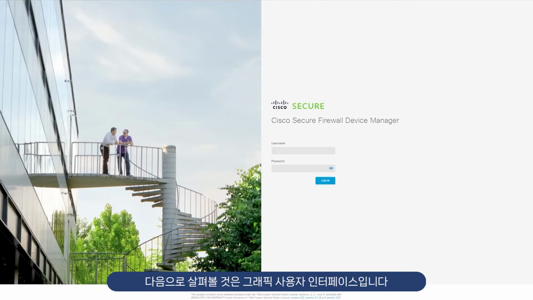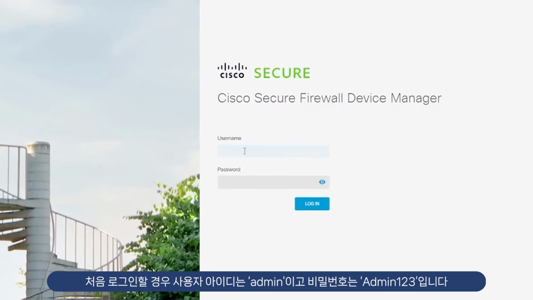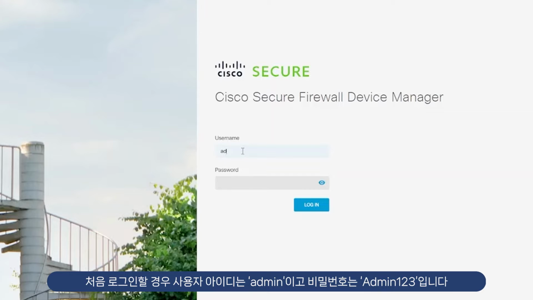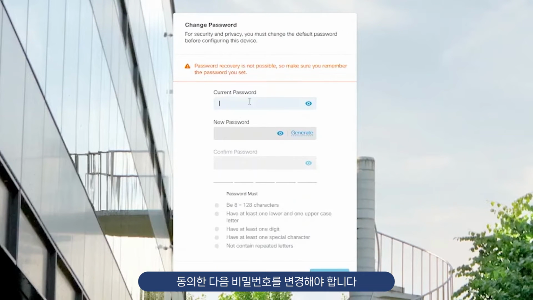So the next thing we want to look at is the graphical user interface. To access the interface, it's HTTPS 192.168.95.1. When you're logging in for the first time, the username is admin and the password is capital A admin123. Upon logging in for the first time, you will need to accept the end user license agreement and then